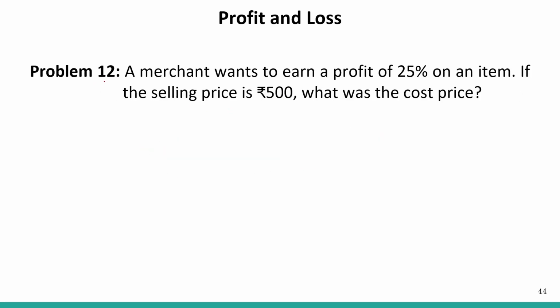So let's see problem number 12. So a merchant wants to earn a profit of 25% on an item. So the selling price is 500 rupees. So x plus 0.25x is equal to 500. So let's assume that x is the CP here, cost price. So the profit is 25%. So profit amount will be